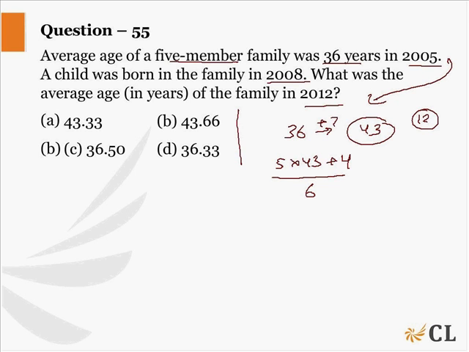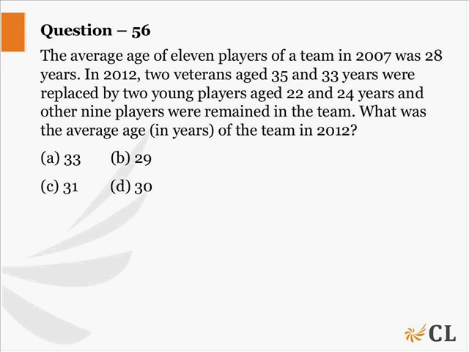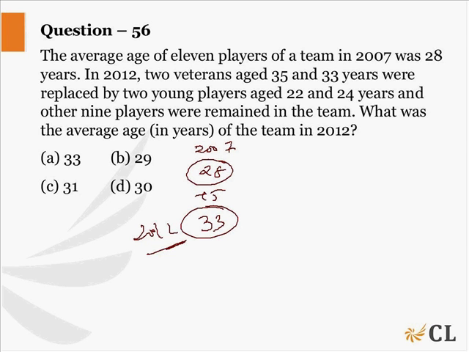ठीक है? This was an easy question now. This is again an easy question. 2007, the average was 28. In 12 means 5 years, so plus 5 becomes 33. So 2012, the average is 33. Now there are two persons, 35 plus 33, total 68